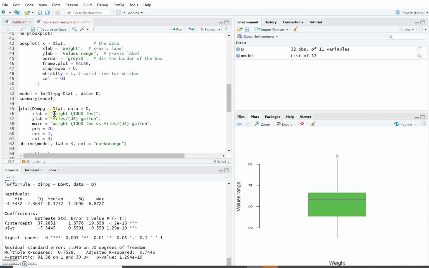What I can do is some plotting to visualize whether the line fits the model or not. So I use the plot function. I pass in basically the same expression that I passed in to get my model, and then I have the Y label, X label, and main, which is the title. So when I run that,